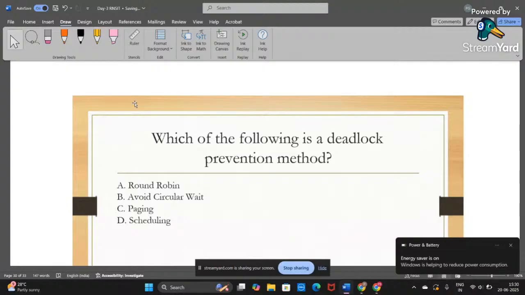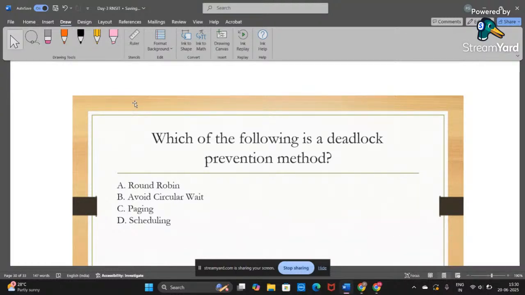Options are, first one is round robin. Then it is avoid circular wait. Yes, this we have seen under the deadlock method. Then we have seen paging and